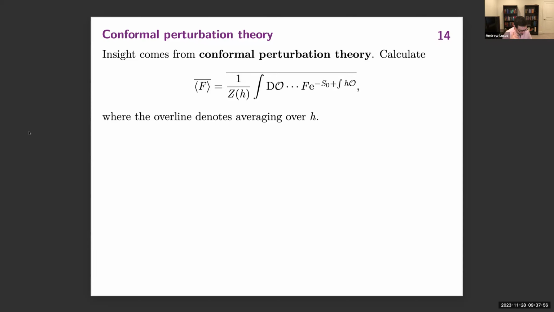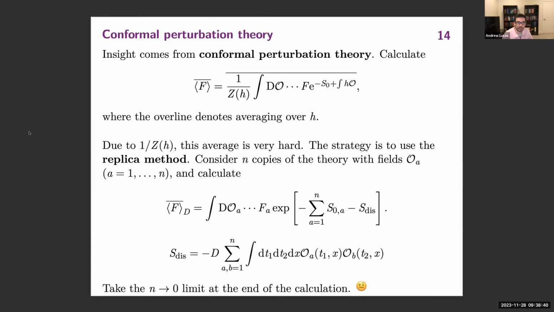So in the interest of time, I'll zoom through this part, but just give you some highlights. To understand what's going on here, it helps to take a break from holography and to use what's called conformal perturbation theory. Remember that the theory we're talking about is a perturbed CFT. So we do have at least some remnant of the types of Feynman diagrammatics and so on that we know from ordinary QFT. The basic idea is that in conformal perturbation theory, we're trying to calculate expectation values of observables in a CFT that's perturbed by some operator O, in this case, the disorder profile. We'd like to evaluate this disorder averaged correlation function.